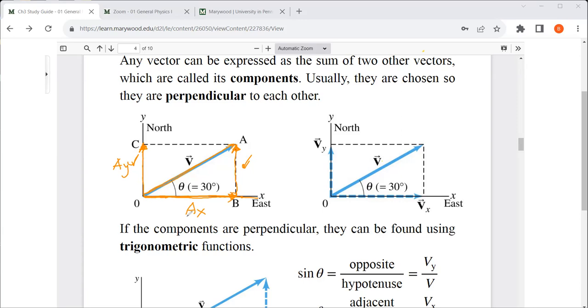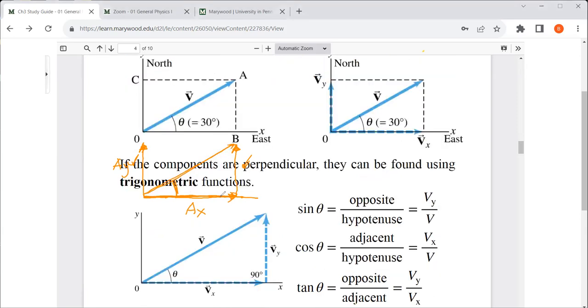So what it means is that if you have a vector and we know the angle of this vector, then we can break this vector into its components. On the other hand, if we know the components, we can get back the vector and the angle. To do all this, we basically need trigonometry. Now in trigonometry, you probably already remember,